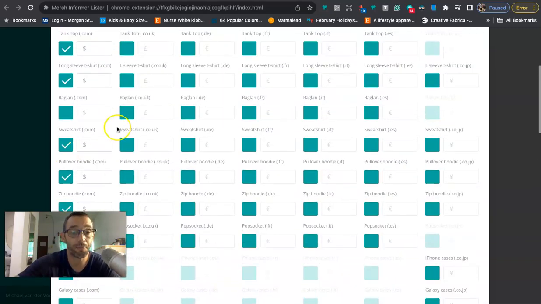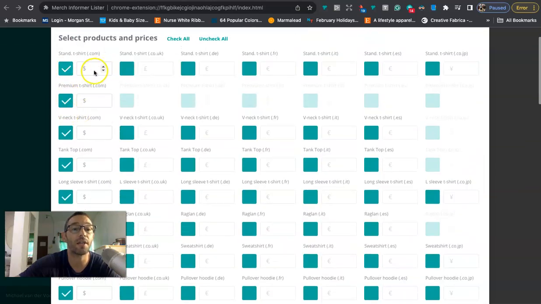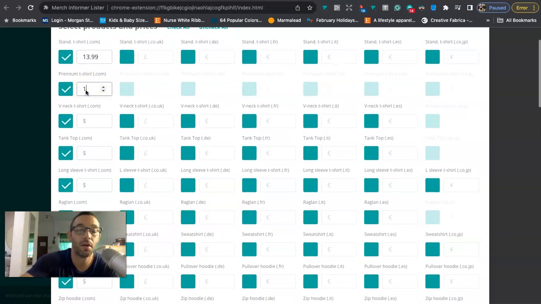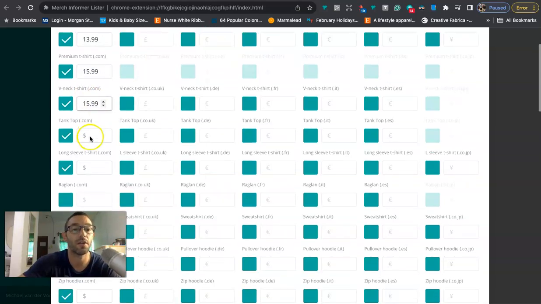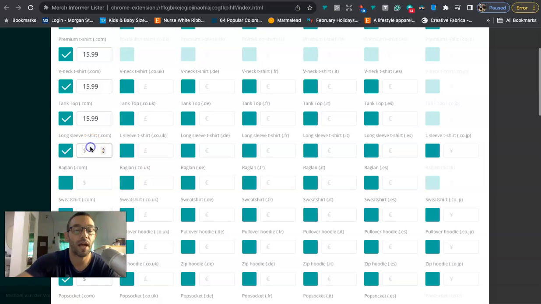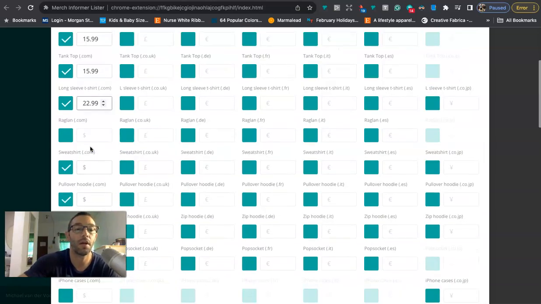Again, to each their own. All right, so once you've selected the products, then you just want to basically add in the prices. So select your prices. Now me, I like to start low, and then as soon as I get sales or as soon as I start to get reviews, I will slowly start to increase the prices. All right, so right here, I'm just adding them in real quick, and then I'll show you what you do after. So 29.99,